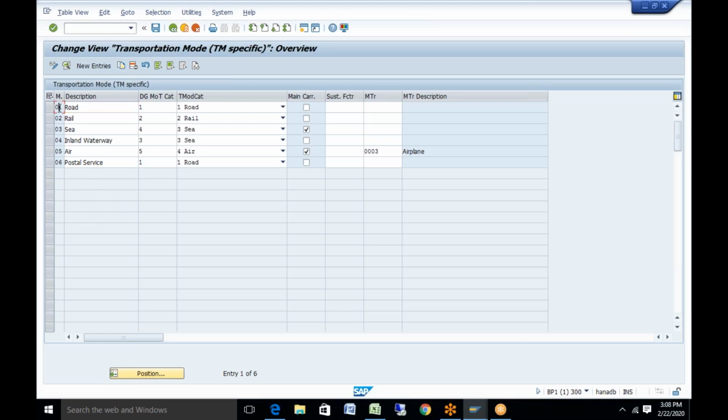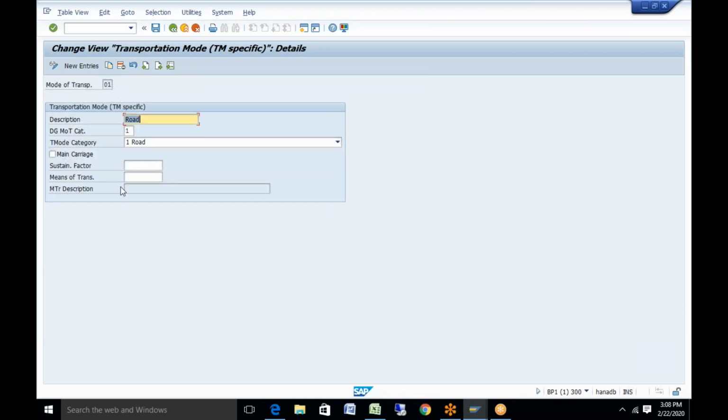So what are the important elements you have in your mode of transport? Every mode of transport has a description, and this is the category. This category will help you know whether the mode of transport we are using is for road, rail, sea, or air. Then you have a checkbox called main carriage.